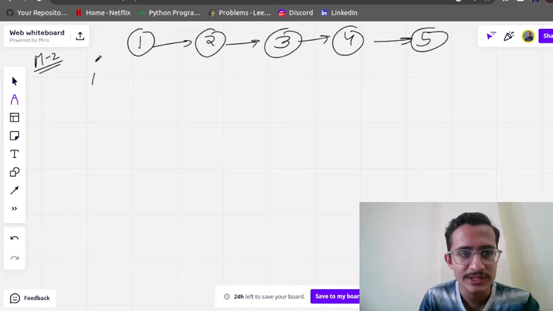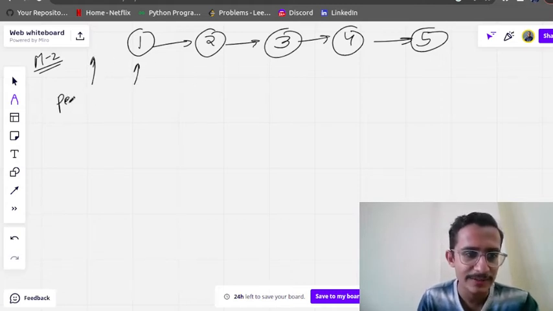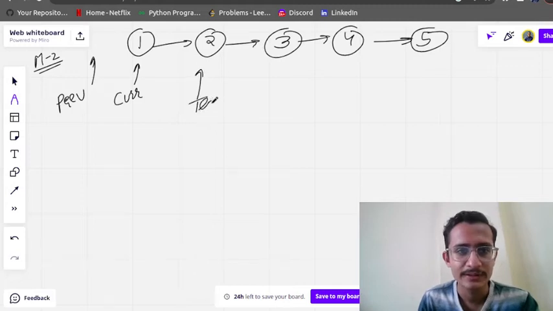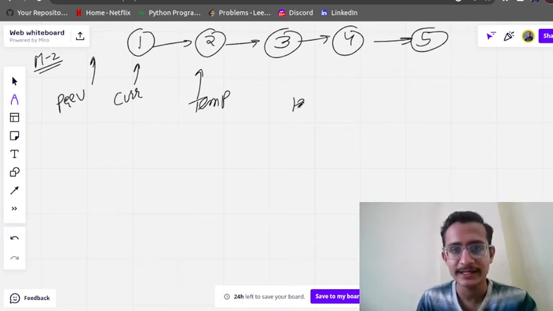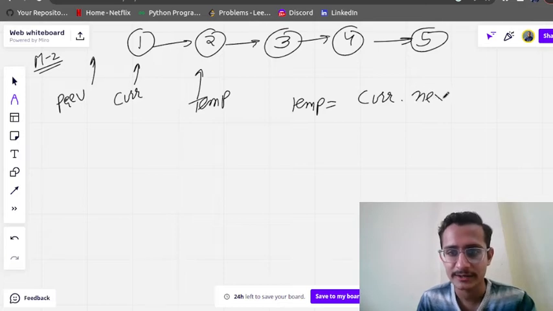You can use 3 pointers. The first pointer is previous, which is initially none. Then the current pointer, and one pointer temp. First of all, temp will be equal to current dot next.